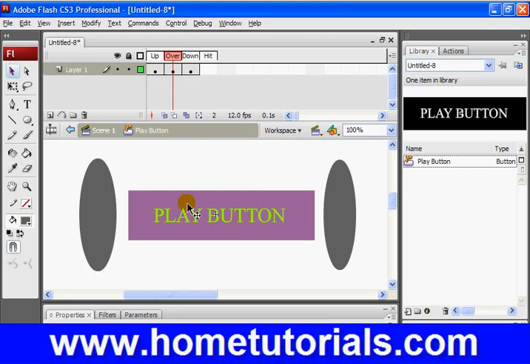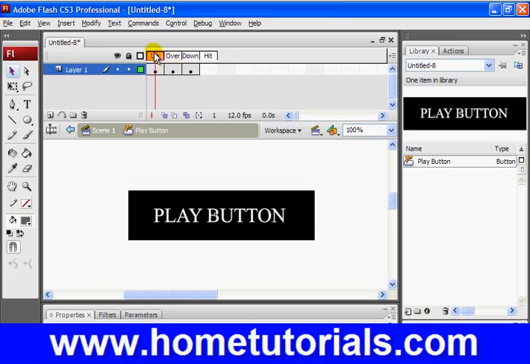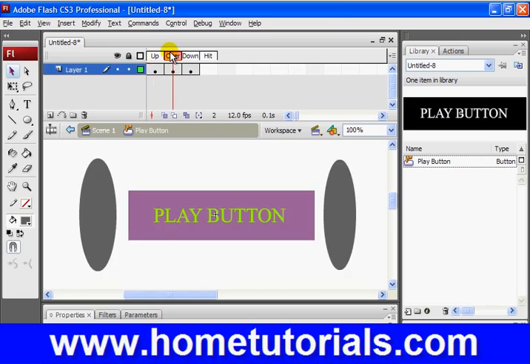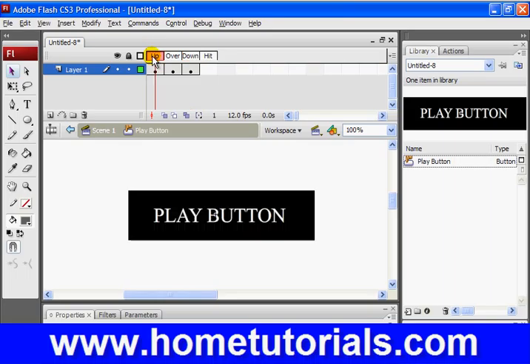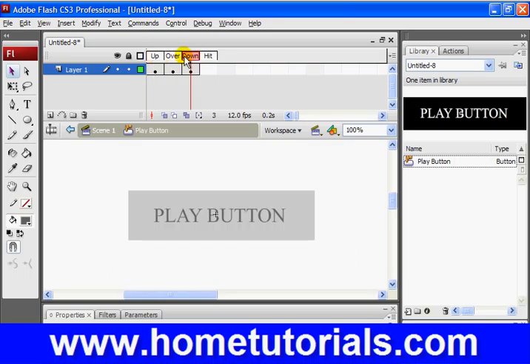is you're not limited to, okay, in this state you can only change the existing graphics you created when you were under up. You could add stuff, like when you hover over it, I want these things to appear, like I just did. You click down on it, that's how it's going to look. So once you've figured out your three states, or if you are going to use 4 for hit,